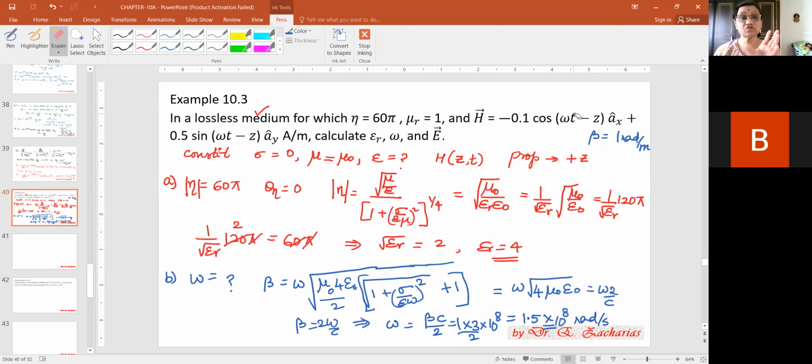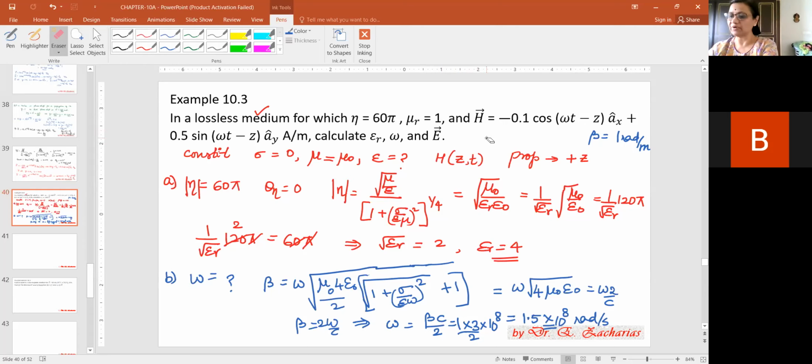Yes, ma'am. Now, these two different components of H, how that is going to work in your problem, we are going to see in the next part. So what is the next part of the problem? Finding out the electric field. Finding out the electric field is the next thing. Okay, so now let's do that.